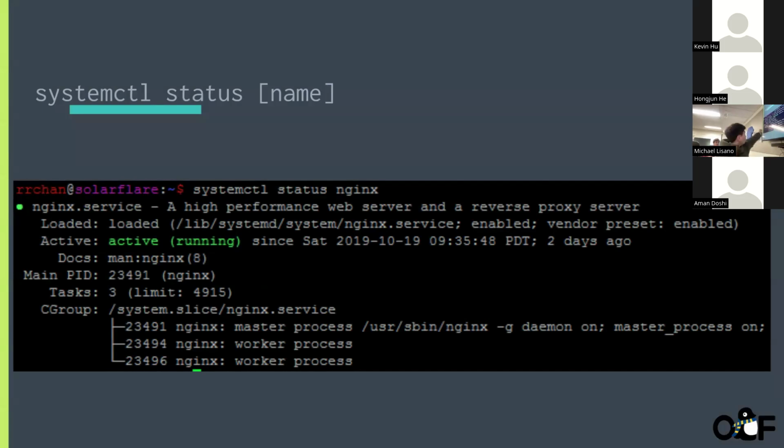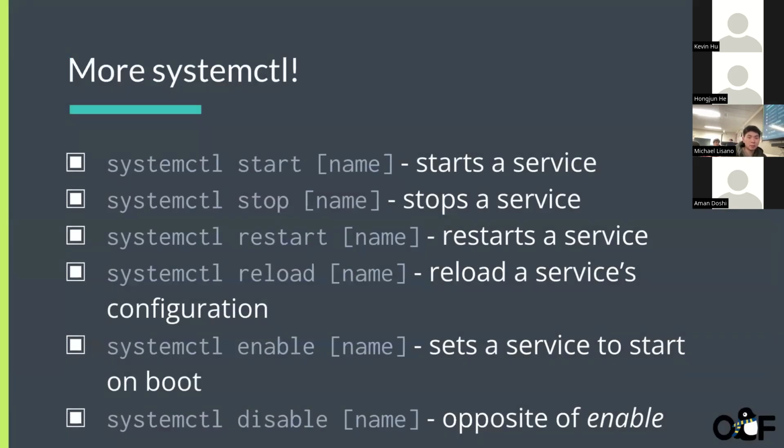For example, for Nginx, we see nginx.service, a description of that thing, as well as whether it's loaded, whether it's active, the main PID, number of tasks, and the group of processes. There can also be logs, depending on your version of systemd.